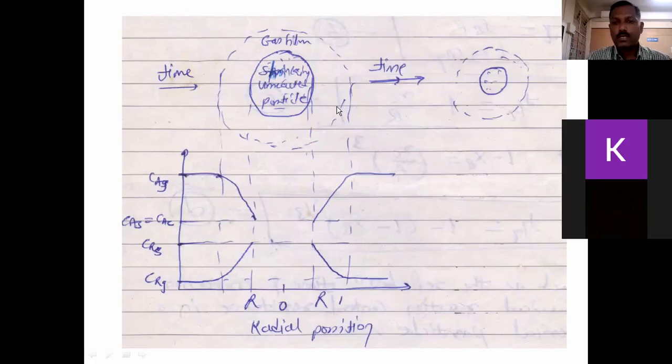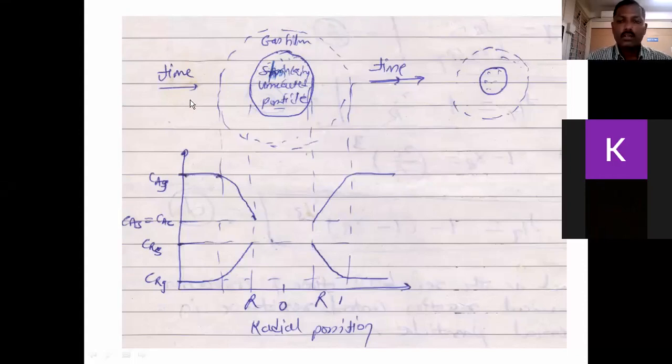We have already discussed this in the unreacted core model. Now two steps are very important: only the gas film offers mass transfer resistance, and the surface reaction on the surface of the unreacted core particle is a kinetic resistance. So there is mass transfer resistance in the gas film and kinetic resistance on the surface of the unreacted core particle. These two resistances are the only ones occurring here, so these two steps are very important in this case.